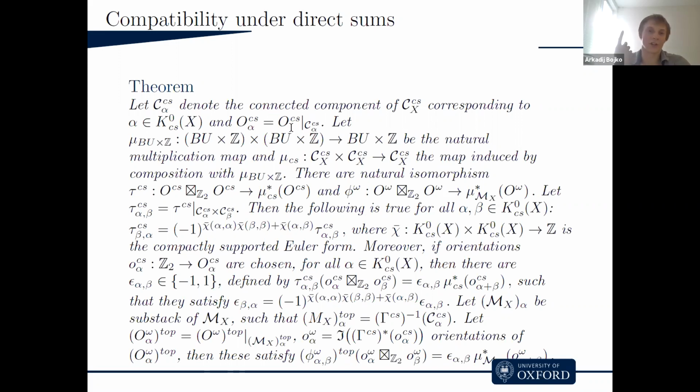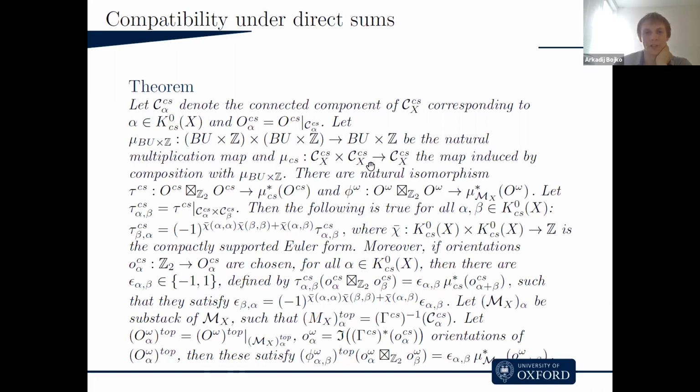Picking an orientation on a connected component is unique up to a global sign, so that is why I'm doing this. So now if I have this summation map from BU cross Z times BU cross Z into BU cross Z, which is the natural obvious map, then by composition, I obtain a map